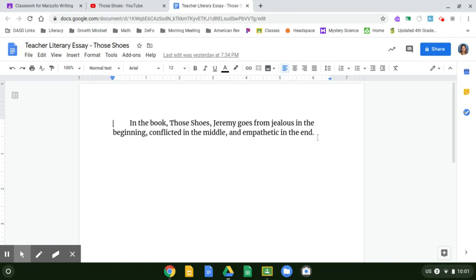So the first thing we're going to work on today is writing a topic sentence. So you're going to go here, right? Put your cursor here and hit enter. Now, if you didn't indent right here, then hit enter again so you have a space. If you did indent right here, you're going to hit tab so that you have an indent. Now you're ready to write your first topic sentence. So our first topic is that Jeremy is jealous in the beginning of the book. This is our first topic. Jeremy is jealous. So we're going to say